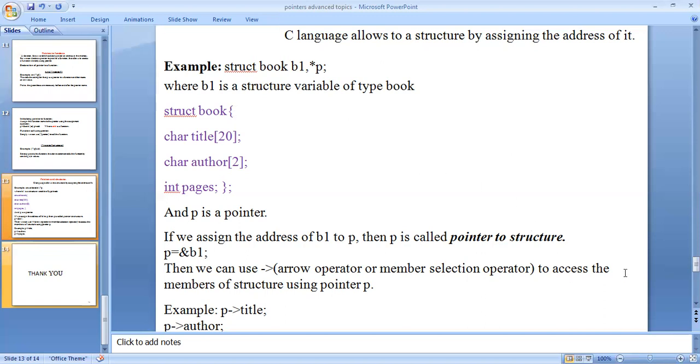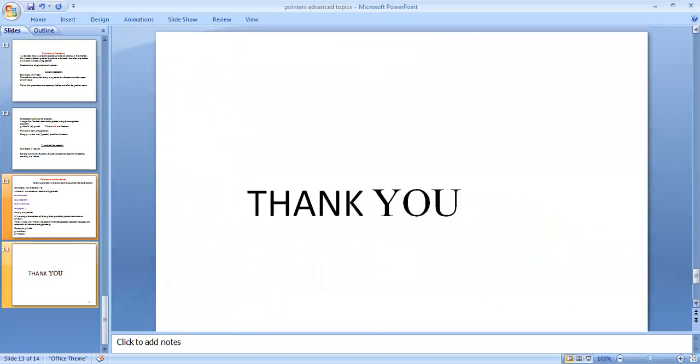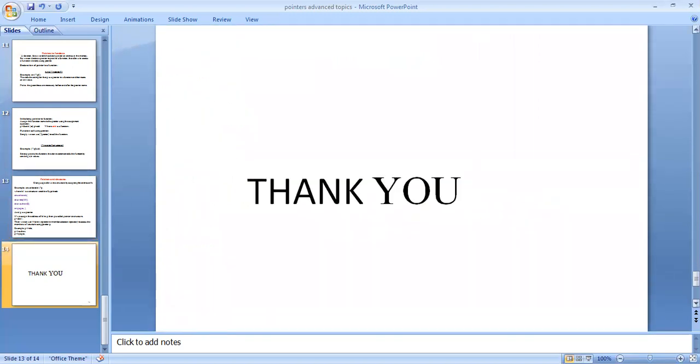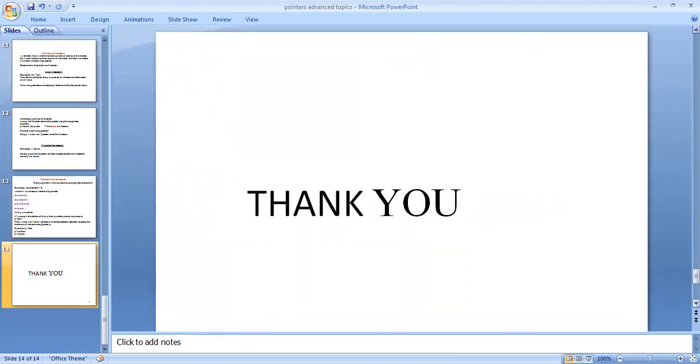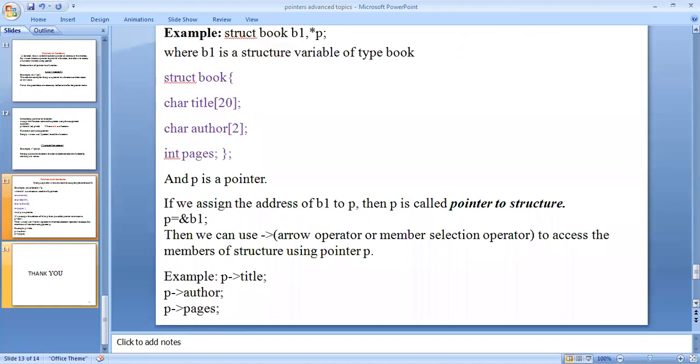Example, p arrow title, p arrow author, p arrow pages. And this is the class.